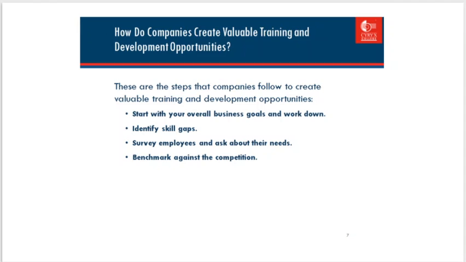Second, identify skill gaps. Identify specific skills that employees use to meet your general objectives. This can help you determine which areas are worth training. Third, survey employees and ask about their needs. Speak with employees and ask what areas they're interested in developing or about relevant skills that they'd like to improve. Use software like ProApp to keep things organized and spark conversations about potential areas for training.